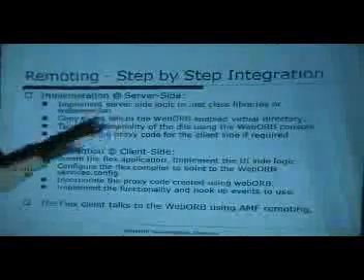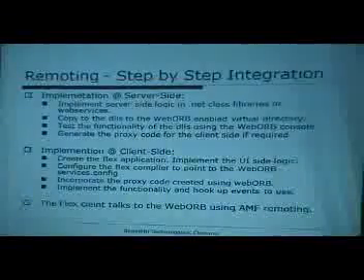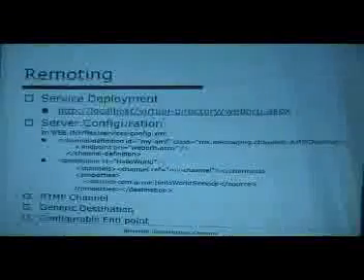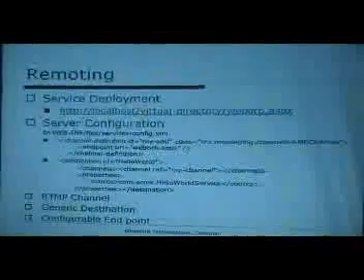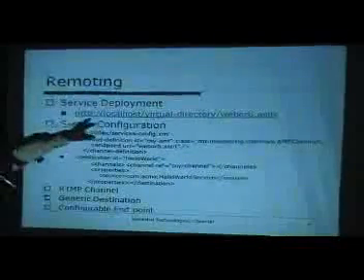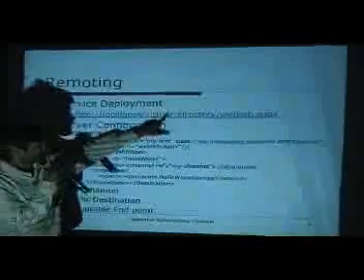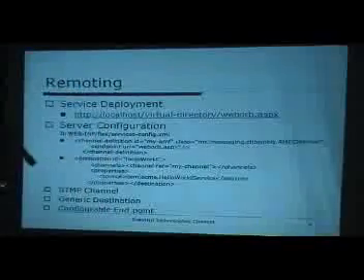You can test the functionality and you can generate proxy code for the client side if required. This is how it is getting deployed, and once you install WebORB, you can access it from the localhost. The virtual directory is usually WebORB 30, and WebORB.aspx will help you to get your